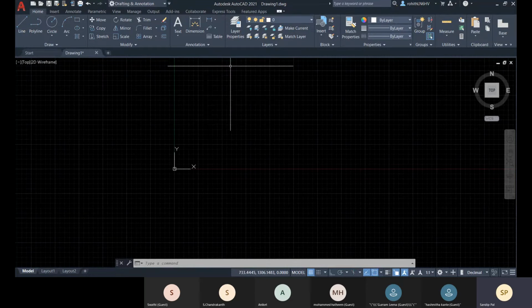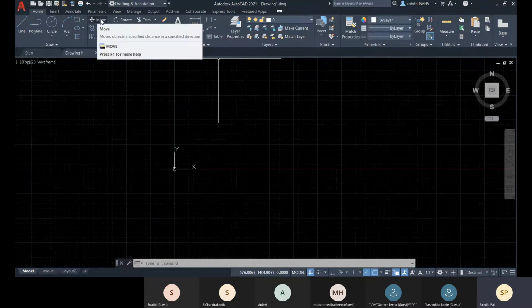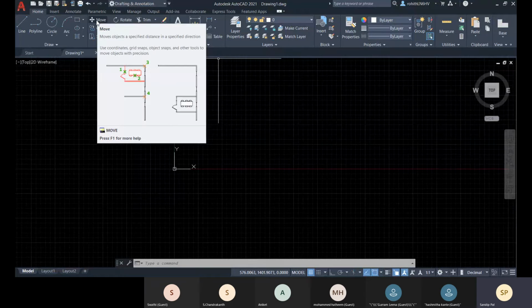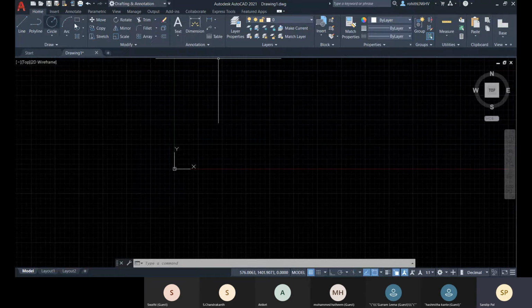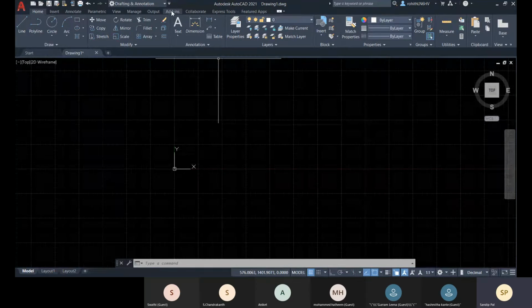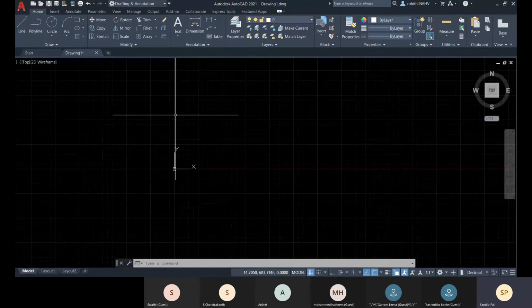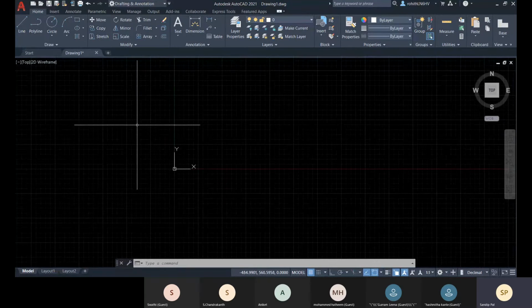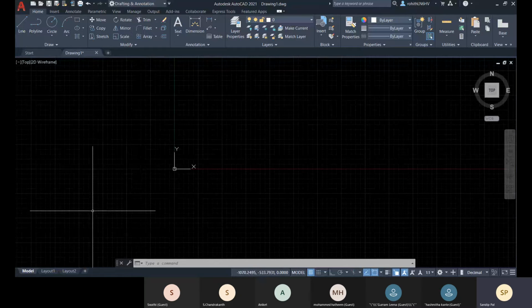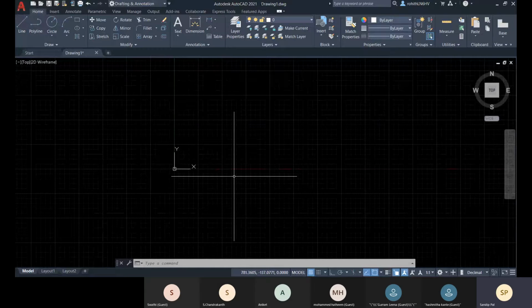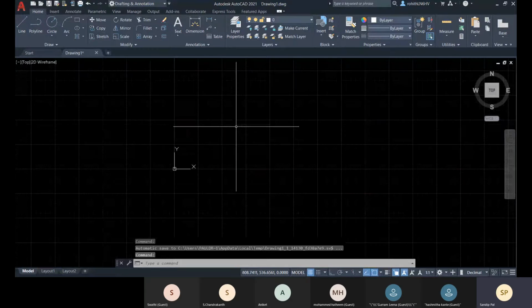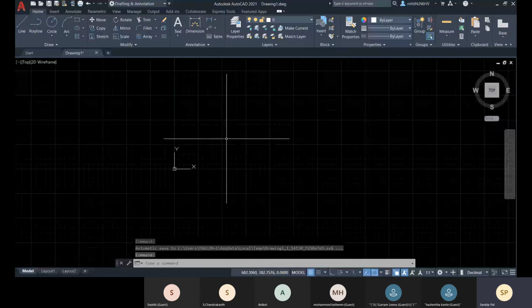But whenever you select any tool, any tab or any menu, you will find this as a normal mouse cursor. But whenever you are drawing something, or your mouse cursor is within your viewport or drawing area, this is called the crosshair.